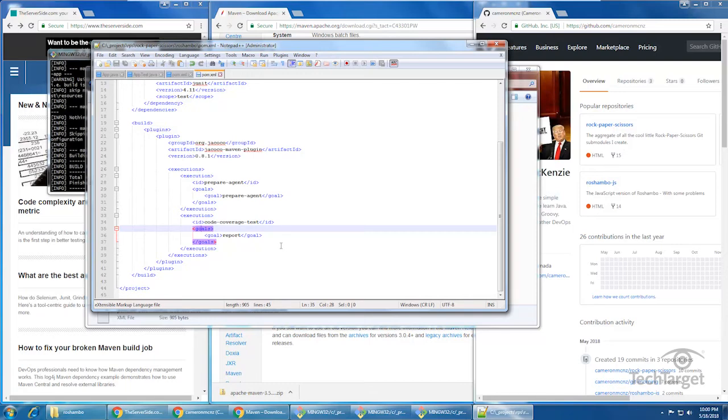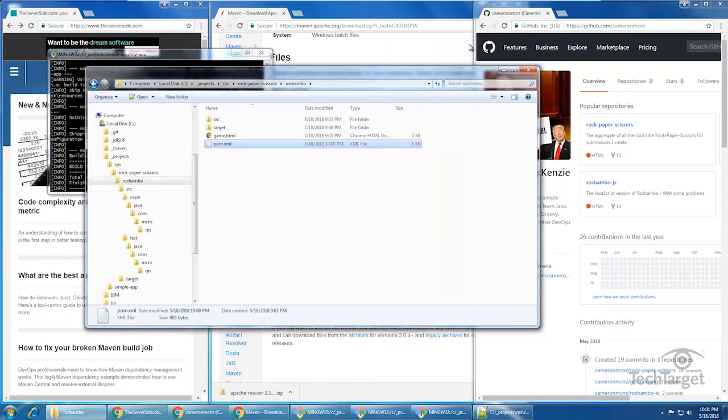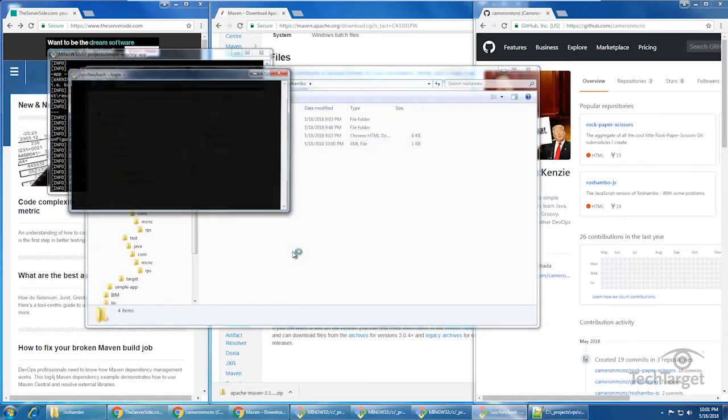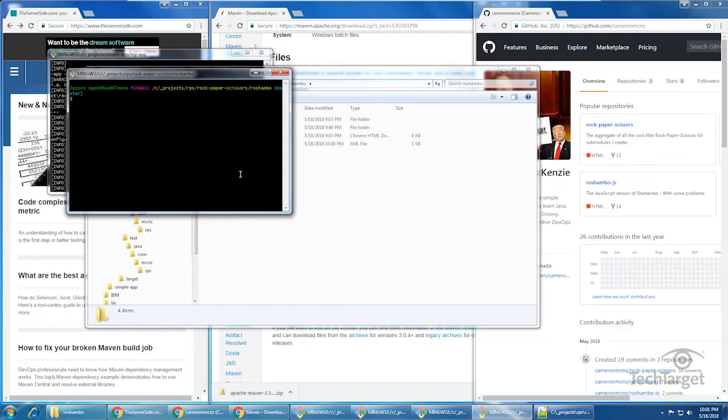And that should generate a Jacoco report, which will include things like the McCabe cyclomatic complexity and code coverage and things like that. And so in the folder where I have my POM file, I'm going to say git bash here. I'm going to say Maven, compile, test, and package. And as well, I'm going to ask Jacoco, or more specifically the Jacoco Maven plugin,